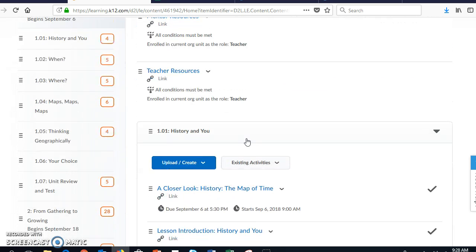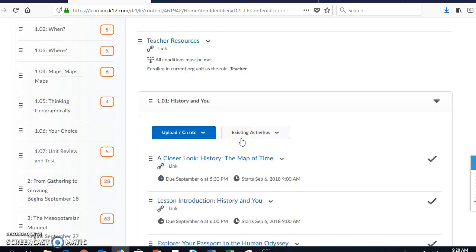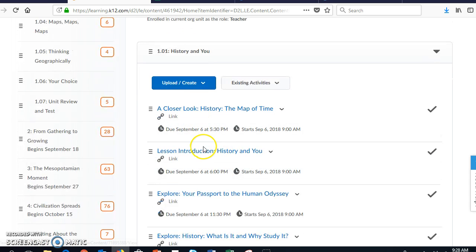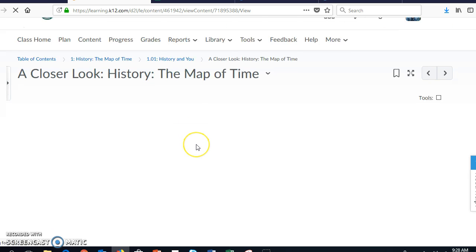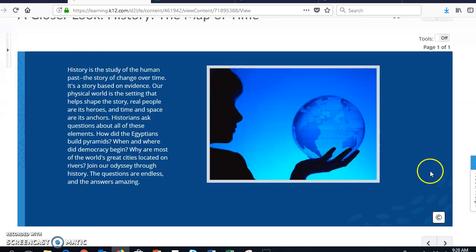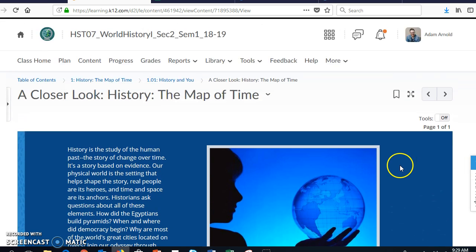So for today, you should be working on Unit 1, Lesson 1, History in You. These are the different modules that you should be working in. All you have to do is click on it, and it takes you into it, and you can go through the pages. You can arrow over to the right, and it will take you through that entire lesson.